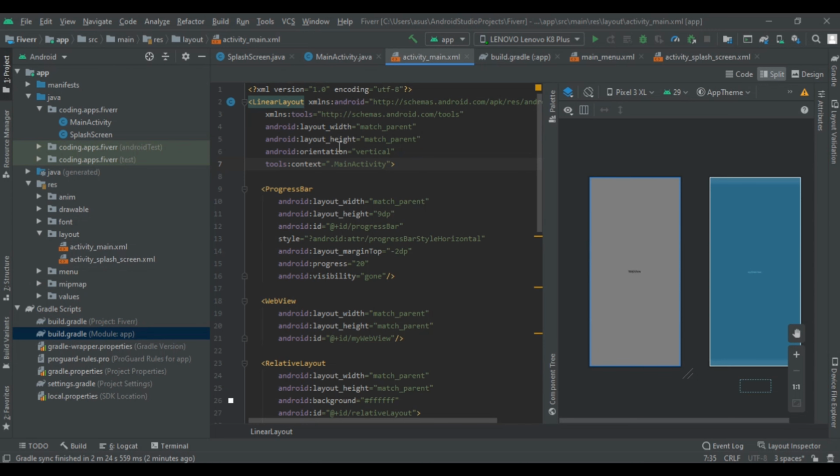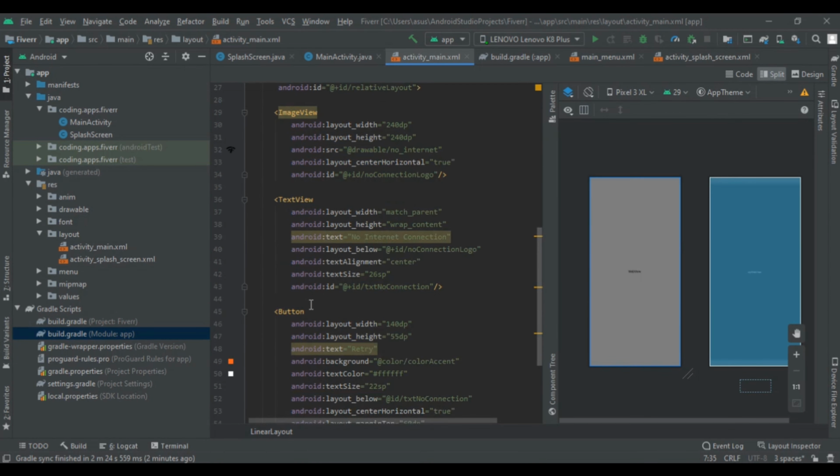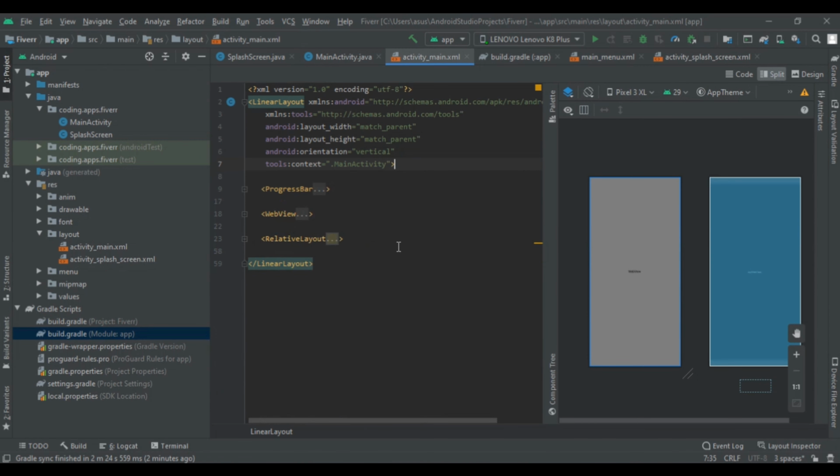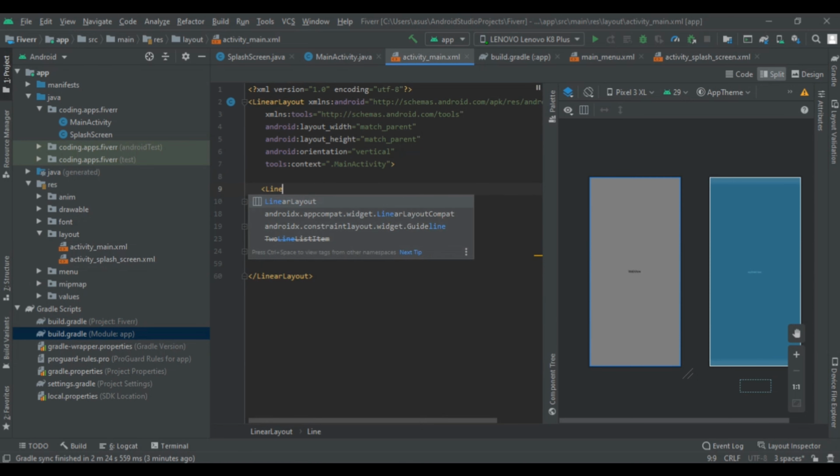First of all, we are going to close all this code by clicking the minus button here. So we need to add the linear layout. Now we are going to wrap that full layout with a linear layout. So type linear layout. Now give its width and height as match parent.